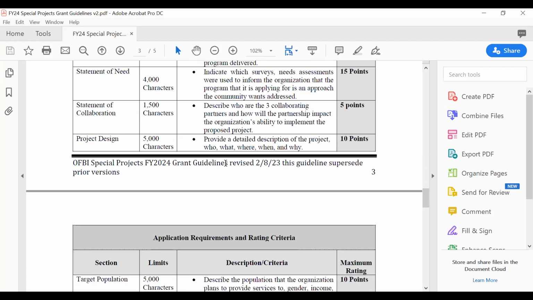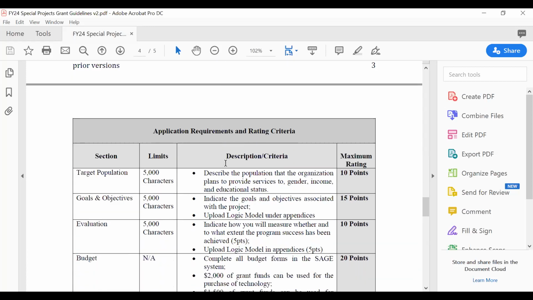The project design: provide a detailed description of the project, who, what, where, when, and why, right? It's really the model of your approach. If you're doing services to seniors, what assessments do you use to measure a person's depressive state or anxiety state or stress state?